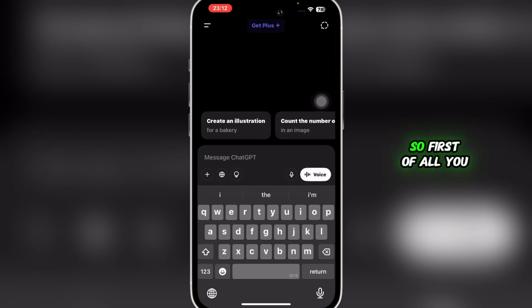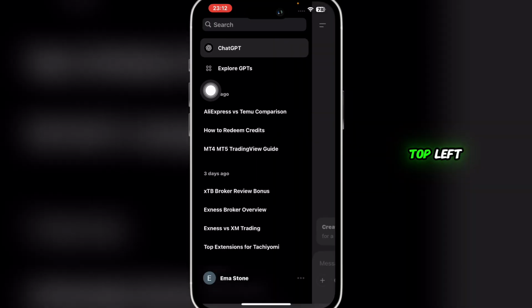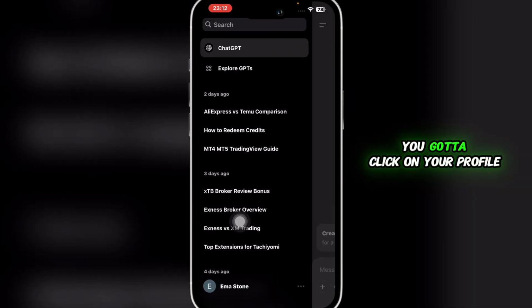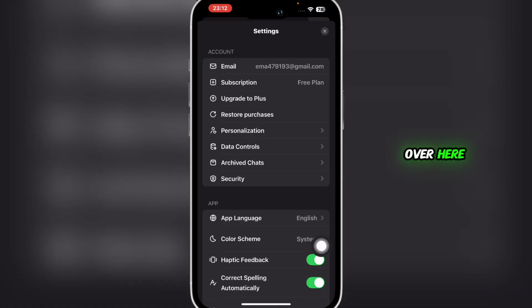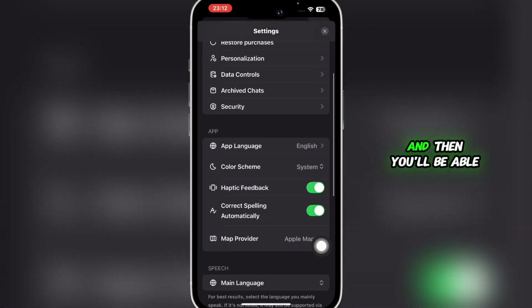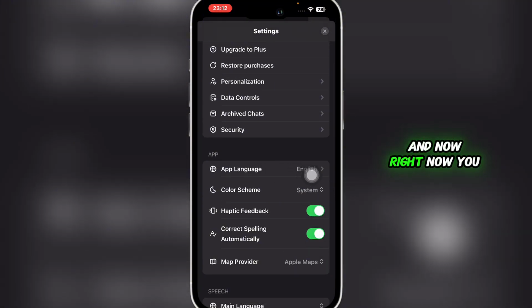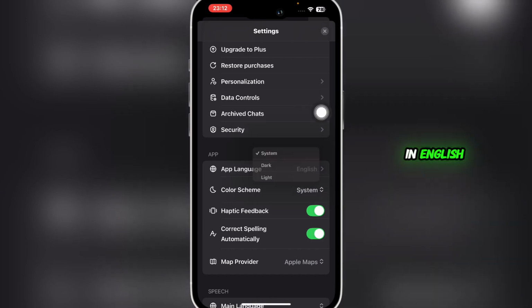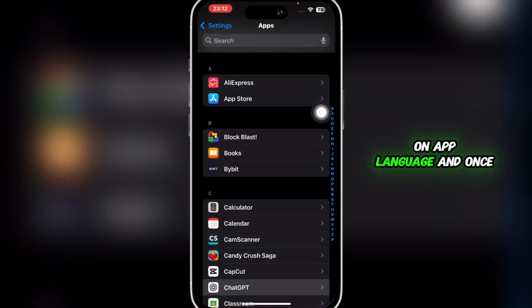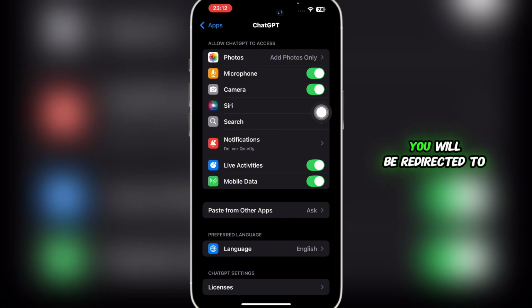So first of all, you're going to open your ChatGPT application, and once you're in the ChatGPT prompt, you have to click on these two horizontal lines at the top left. And once you do so, you're going to click on your profile over here, and then you're going to scroll down, and then you'll be able to see an option that says app language. And right now you can see that it is in English. So you can simply click on app language, and once you do click on that, you will be redirected to